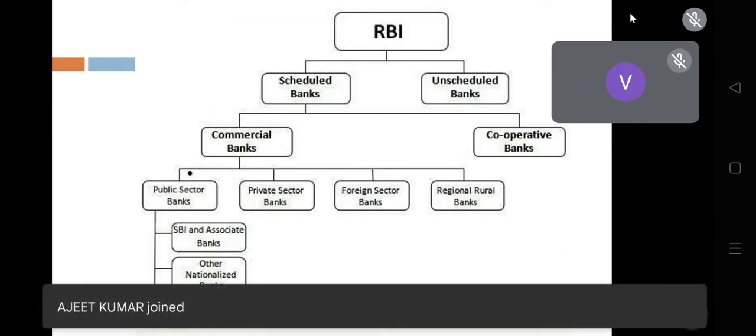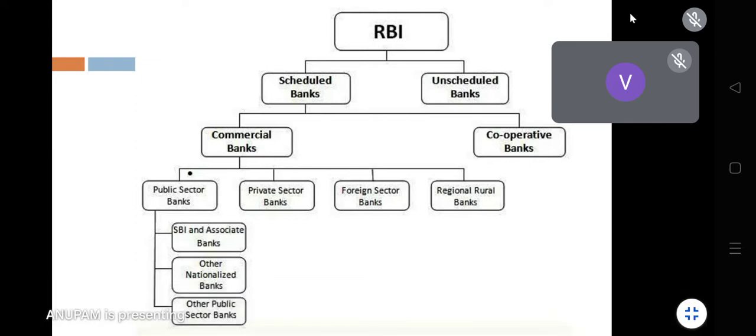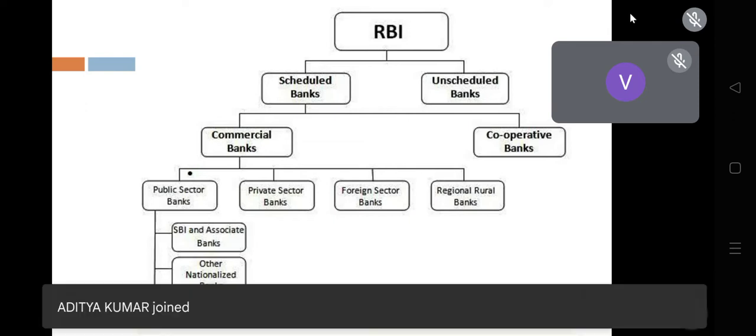Sir, can RBI take any action on these unscheduled banks if it is necessary? No. Totally they are kept outside the control of RBI. They may have their own rules. They will make them and follow them, because they are very small banks, no? So it is mostly managed by the local people on their own. So RBI will not interfere in their working. Okay.